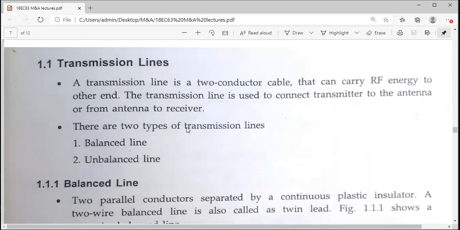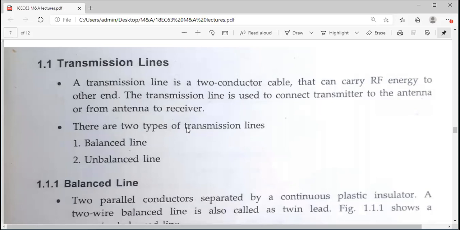Okay, so what is a transmission line? Anybody? I had given this example. The cables you see on the roadside, for your KPTCL, the power lines, they are transmission lines, right? They are supplying the power from the KPTCL to your houses. So that is a transmission line. Imagining that, you can try to formulate the definition.